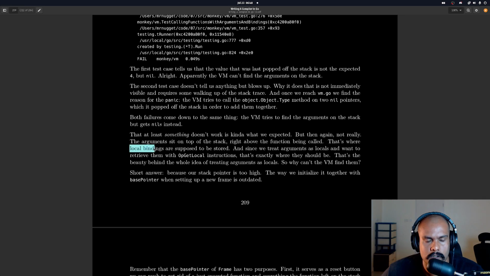That's where local bindings are supposed to be stored, and since we treat arguments as locals, I want to retrieve them with get local instructions. That's exactly where they should be. That's the beauty behind the whole idea of treating arguments as locals. So why can't the VM find them?